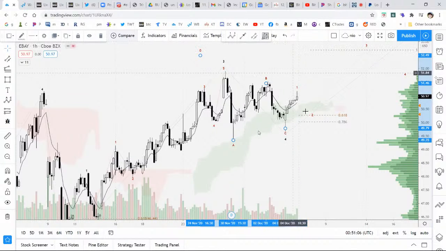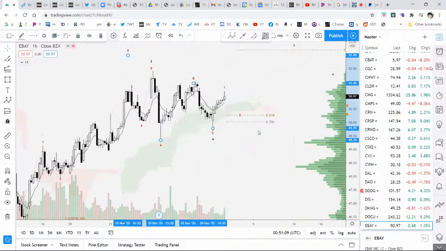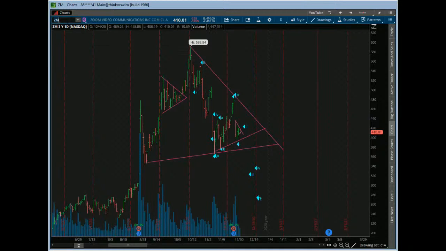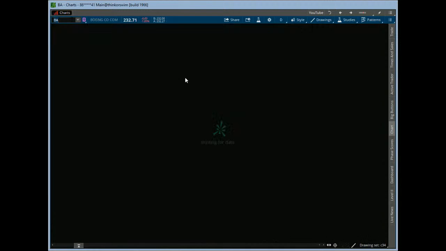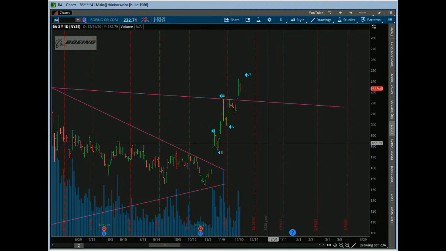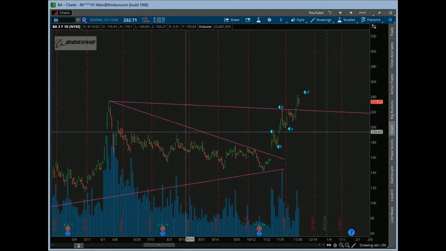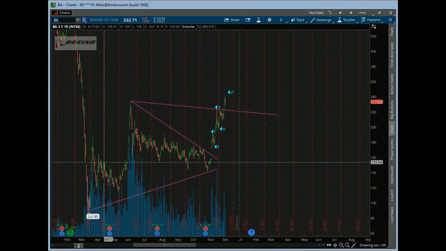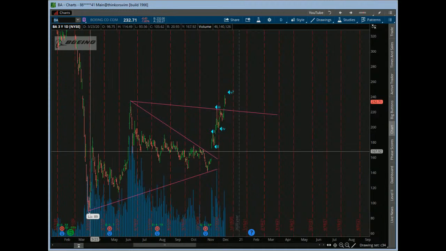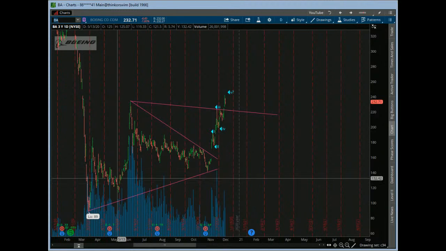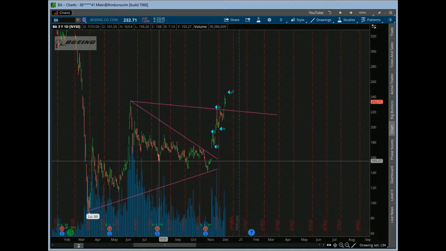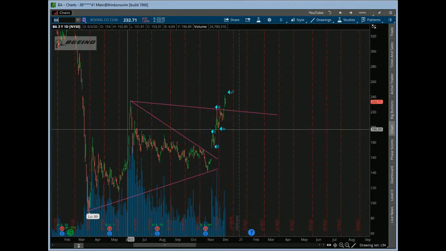So yeah, that's good. Let me pull up one I'm looking at here, if you don't mind. Yeah, sure. So what I'm looking at here is Boeing. Look at Boeing, guys. This is why we watch these things for so long, right? This thing was just triangulating and consolidating forever, and then it gave this big impulsive move up right here, this 1, 2, kind of 3, 4, 5 move up, and then it's been in this long kind of A, B, C, probably more like a